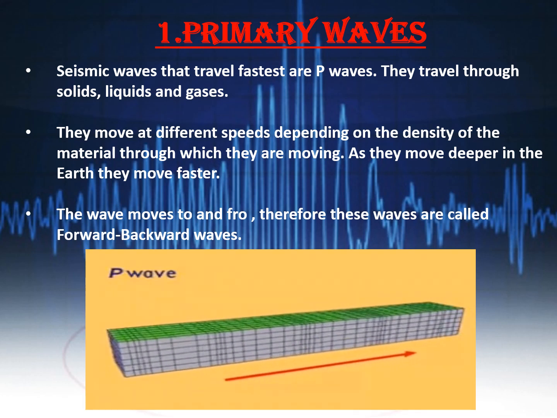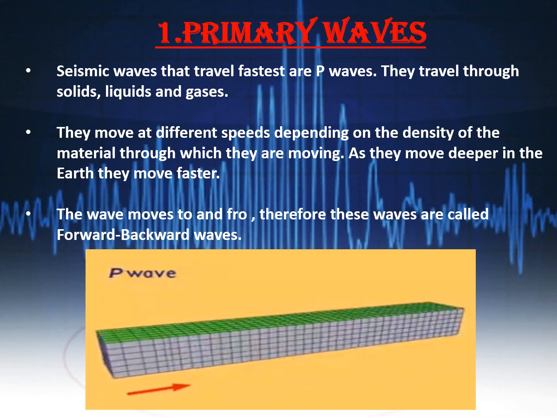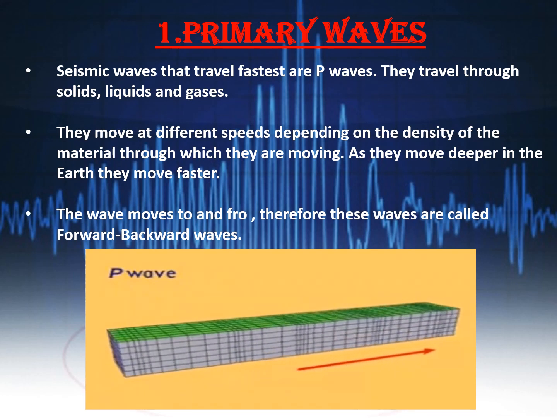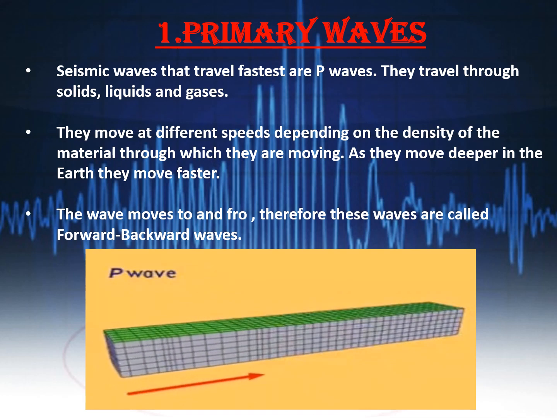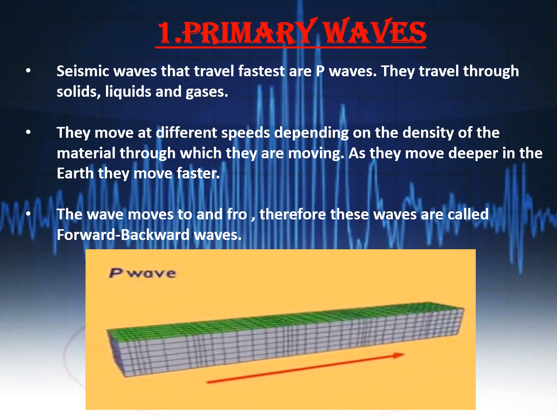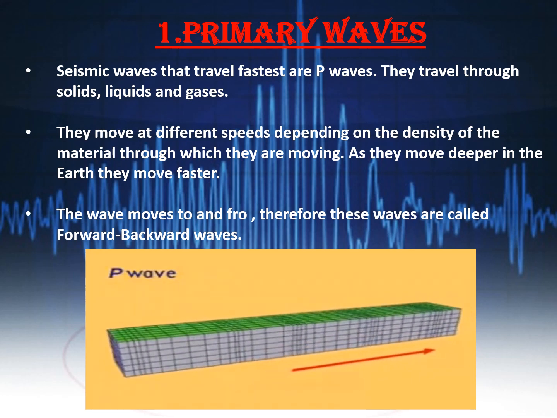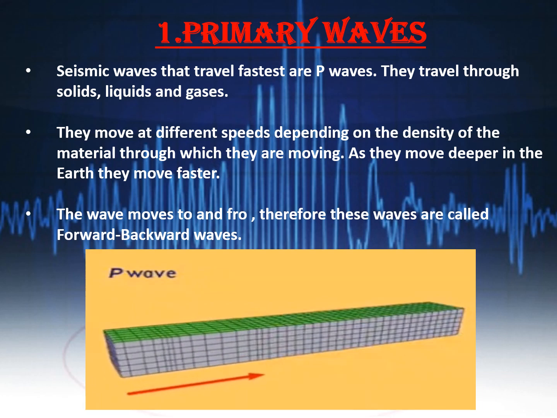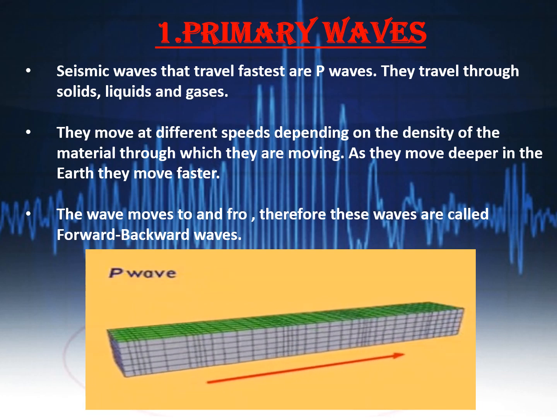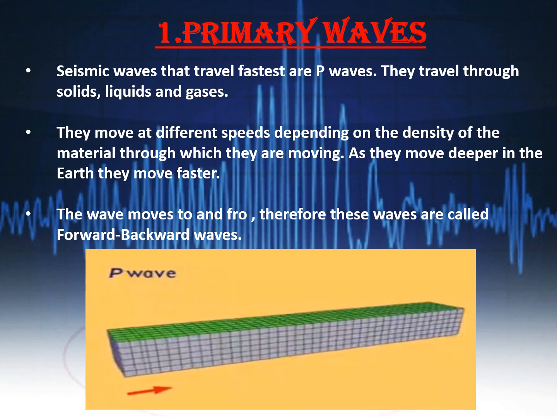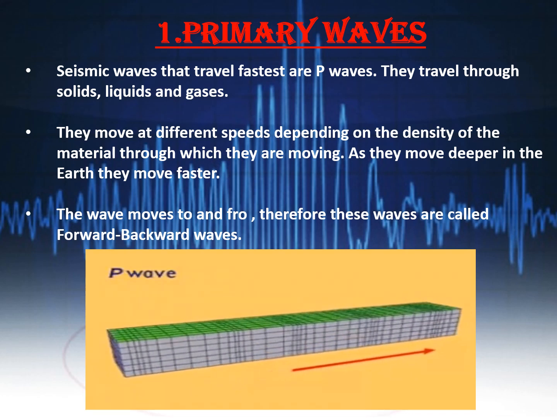These waves can travel through all three states, that is, liquid, solid, and gaseous. But while traveling through the liquid medium, their direction gets changed. It is because of the primary waves that the buildings on the Earth's surface move back and forth. Children, you can see in this video, the primary waves move between 4 to 7 km per second, depending upon the density of the rock it's moving through.